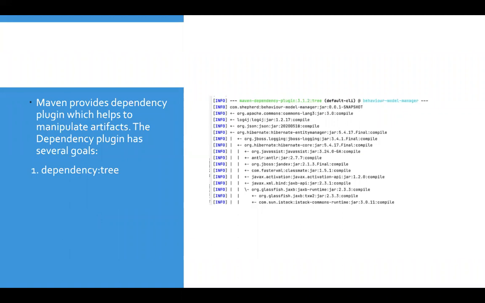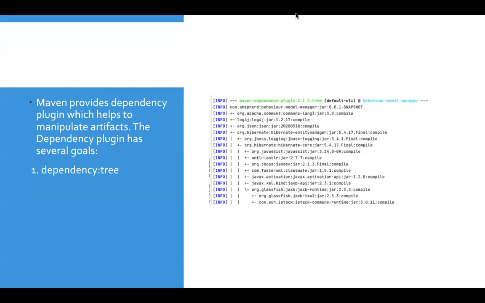So basically, when you work with Maven and you define a number of dependencies in your POM file, there could be cases when you want to see the transitive dependencies, all of the dependencies that you have included. We have used a term here, transitive dependencies. What is it? It's a dependency which is contained in some other dependency. Like you have included a dependency called A in your project, but that A dependency depends upon B dependency, and B dependency depends upon C. So B and C are called the transitive dependencies here, which are included in your project even if you don't define them in your pom.xml file.